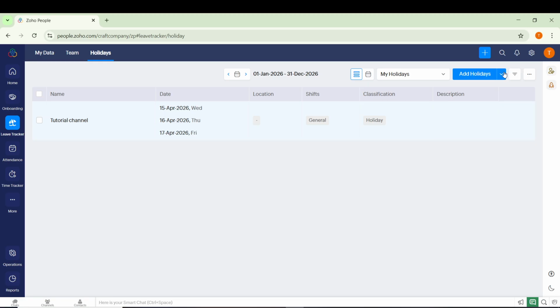Before exporting, it is a good idea to quickly scan the report on screen to confirm you are looking at the correct period and the right set of entries. This helps you avoid exporting incomplete or incorrect information. Once you are on the Holiday Report page and everything looks correct, move to the top right corner of the